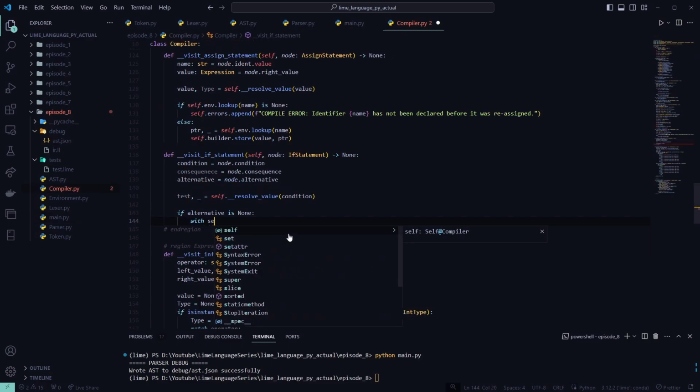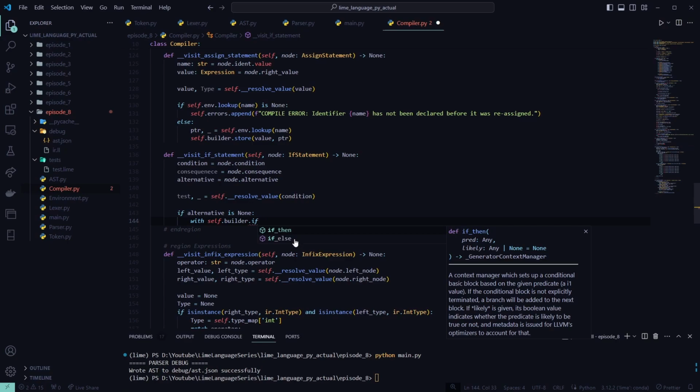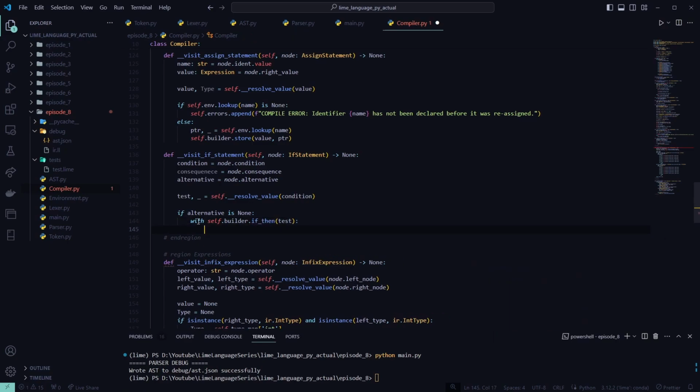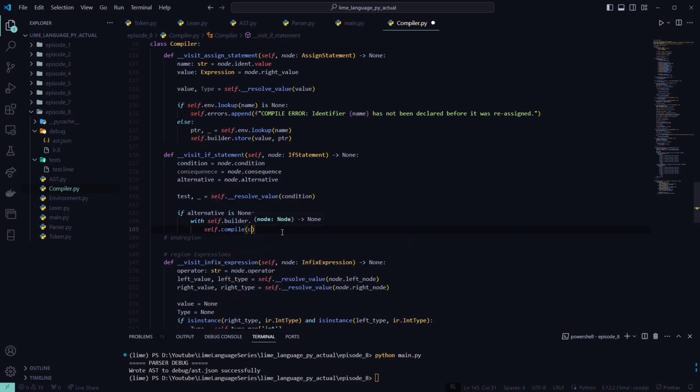So with self.builder.if then. As you can see, there is an if then and an if else statement on the builder we're using. So after we pass in that test, we'll just call our self compile and we'll compile our consequence. So generate that